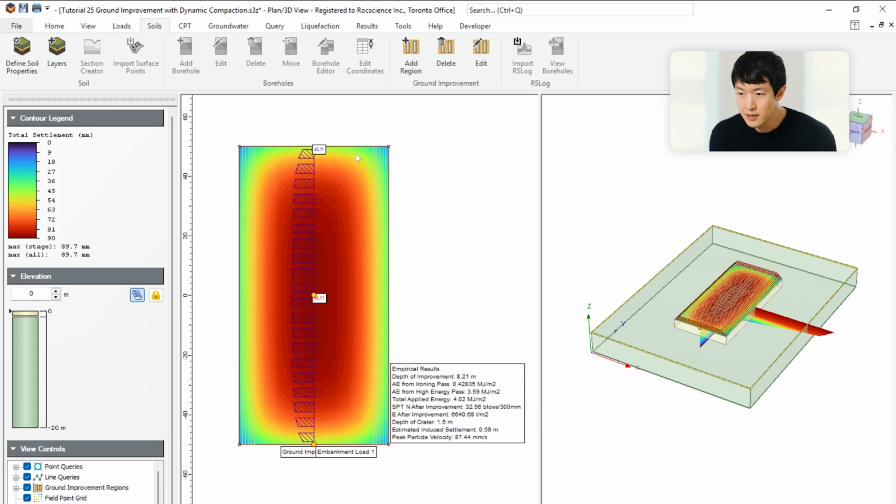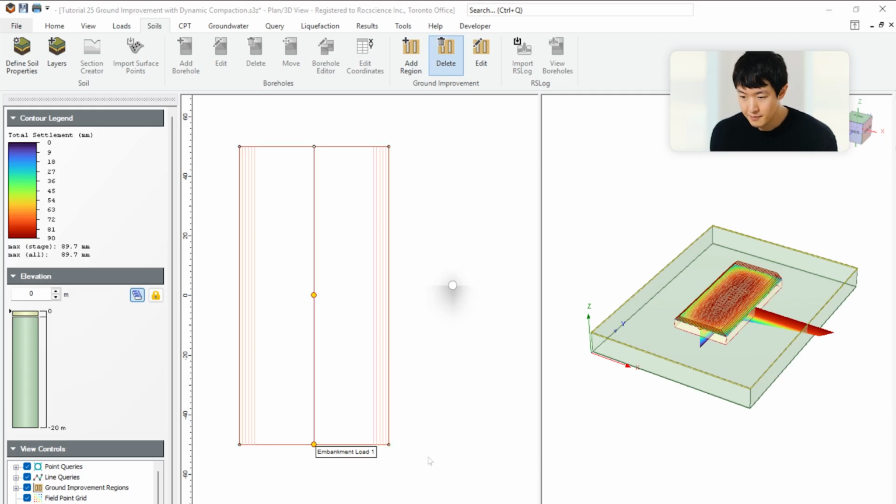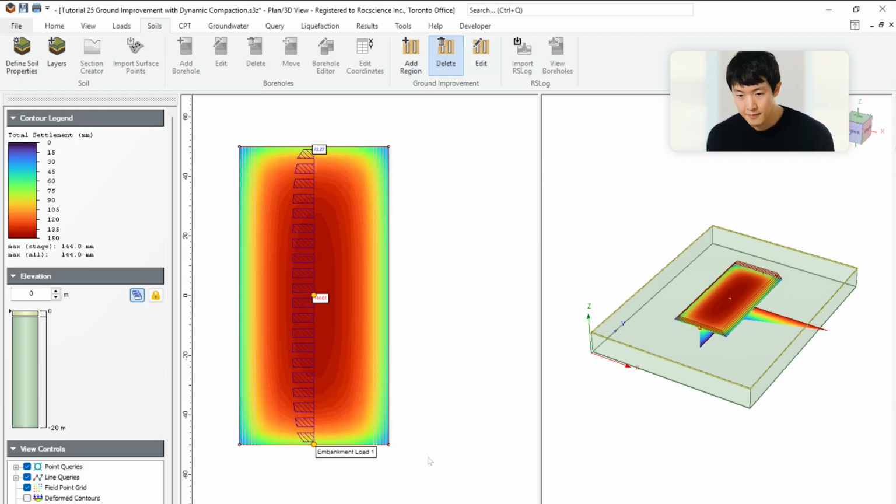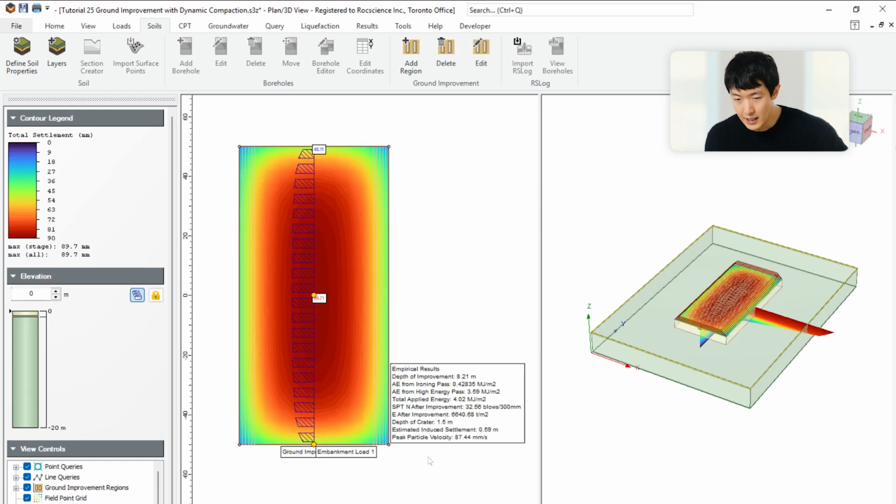So if you want to see the settlement before the ground improvement, we'll show you this by deleting the ground improvement. And you'll see that we have 144 millimeters of sediment before the ground improvement with dynamic compaction, as opposed to with dynamic compaction where you get 89.7. So this shows how you can apply the dynamic compaction with the right properties to simulate the improved ground region